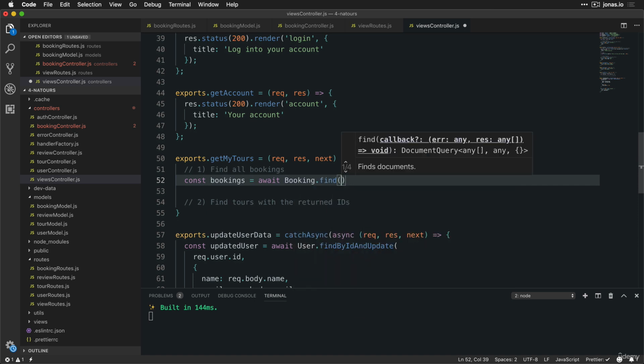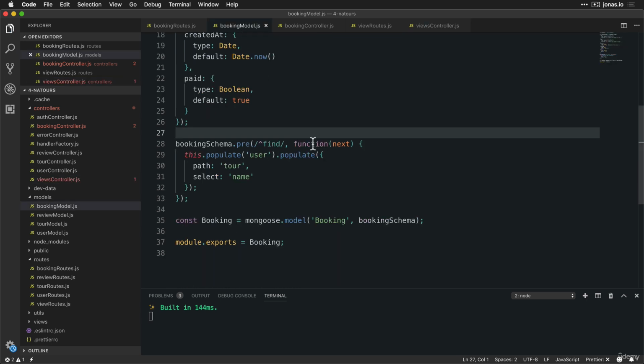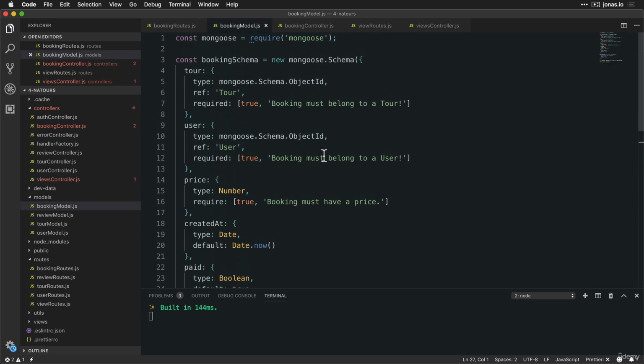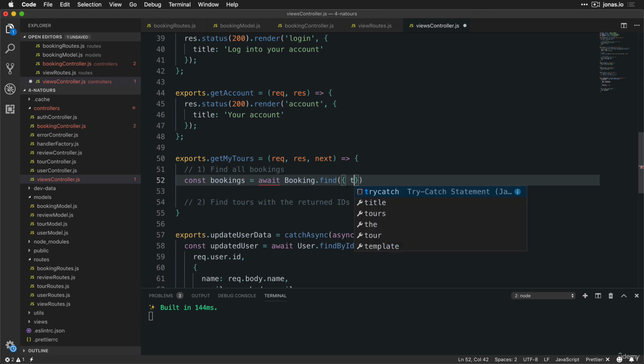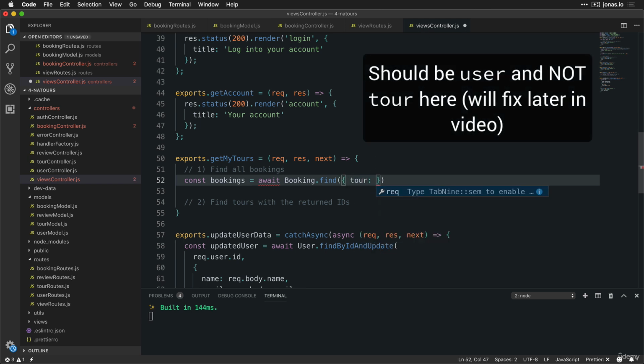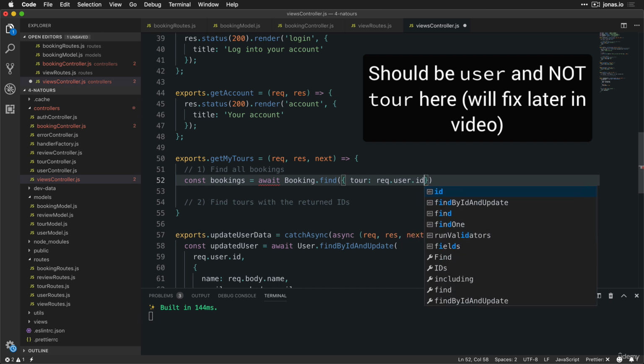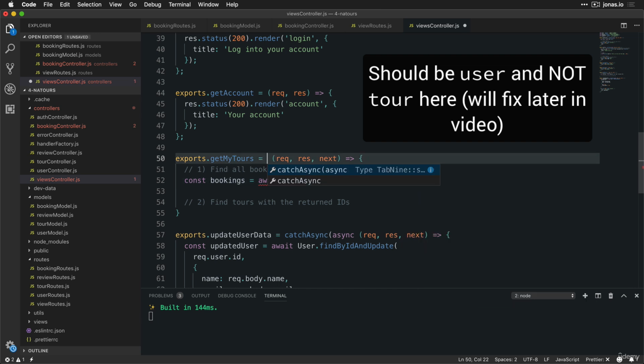dot find. And now remember that each booking document has a user ID, right? So here in the schema, remember, we have the tour ID, the user ID, and then all these other data. And so what we're going to do now is to basically query by the user ID, okay? And so that will then return us all the tours that belong to the current user, okay? So not this one. So user should be equal to request.user.id. Then here async, and as always,